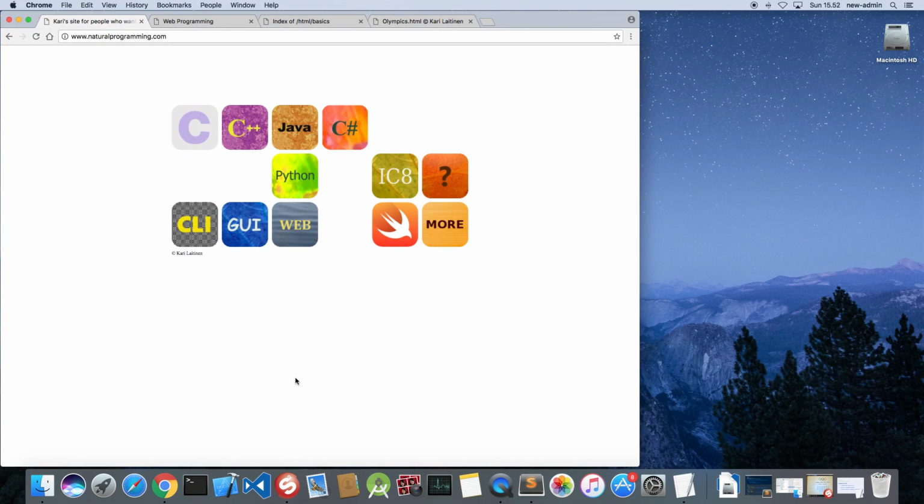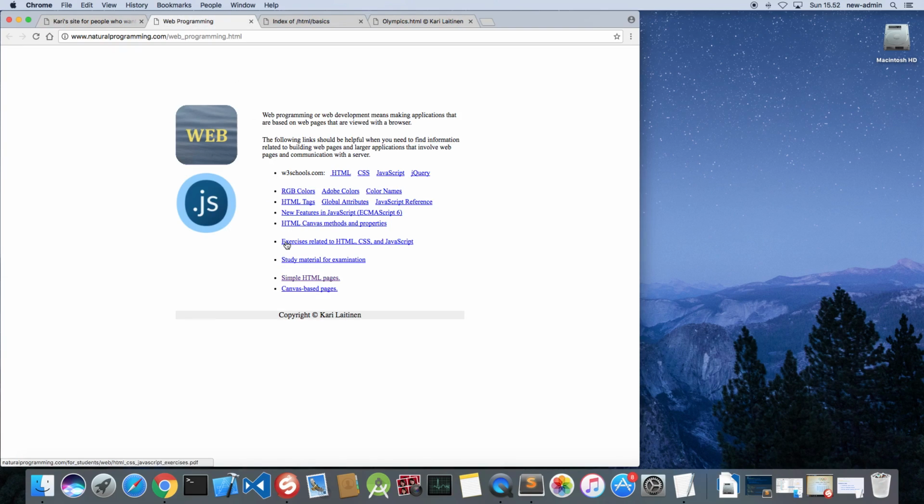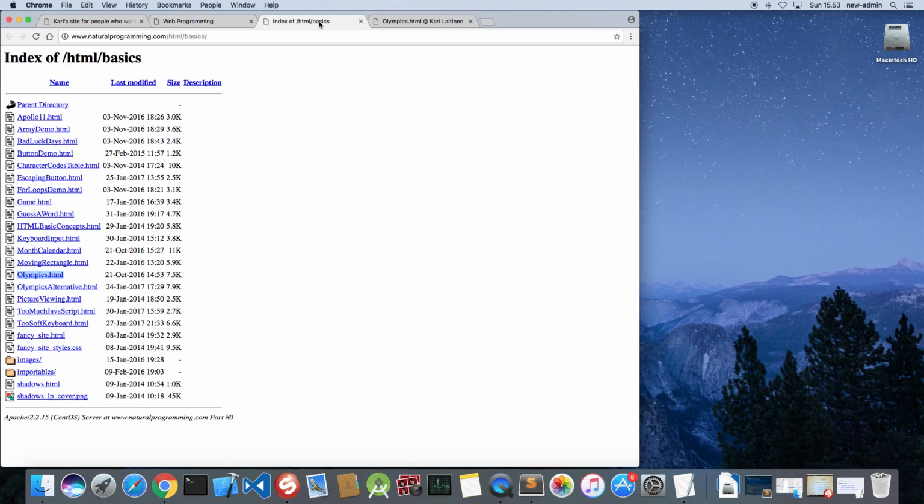So you can find this page Olympics.html if you first go to naturalprogramming.com and then you click this web icon. So then you enter this page, and there you will find this link, simple HTML pages, and then you will find this list of files, and there is the Olympics.html. So you can download it for yourself with the right mouse button, and when you download it, you must also download